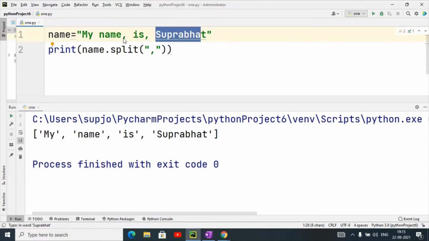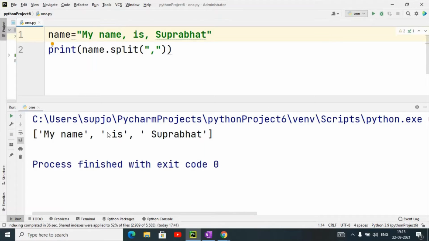So I can use the split function in a variety of ways. When I execute this, you can see that the first item is my name, then the second one is, then the third one is Suprabhat. So according to our choice, I can split like this.